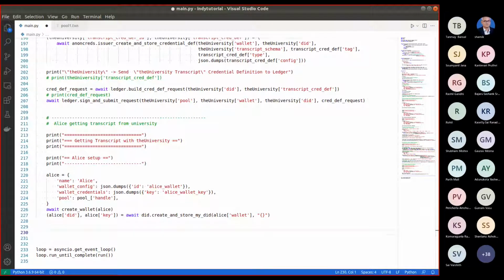Then the university has to generate an offer. The offer will be sent to Alice, so that offer has to be created.